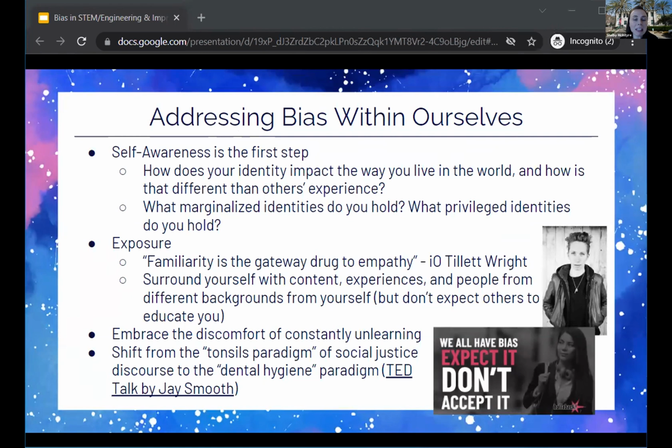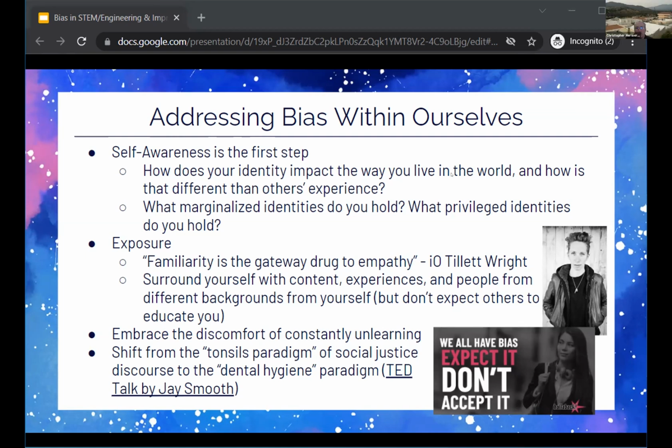But one solution to start with ourselves is that imposter, recognizing that we can give ourselves credit for our work and that we are doing a good job and that we are doing our best, right? And that struggle is fine, failure is fine. And sometimes it's out of our control, like that example where it was the technology in the lab rather than the scientist herself. Okay, so self-awareness is the first step in terms of recognizing what are the identities you hold